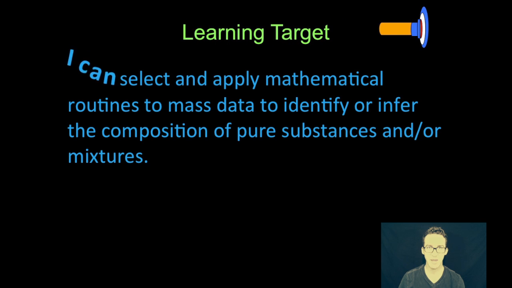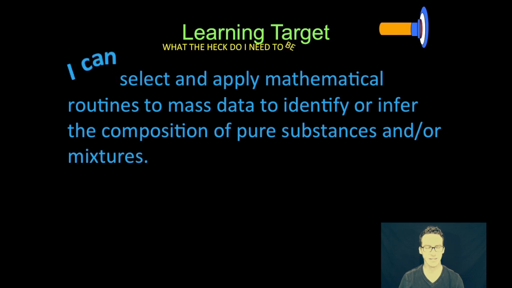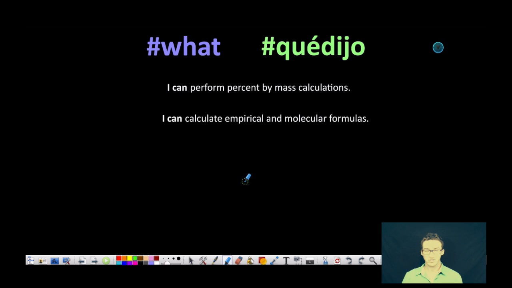What up, chemistry people? Today we are going to be learning about how we can select and apply mathematical routines to mass data to identify or infer the composition of pure substances and or mixtures. College Board went a little crazy on that last one. Basically, we're just going to be performing percent by mass calculations and calculating and determining empirical and molecular